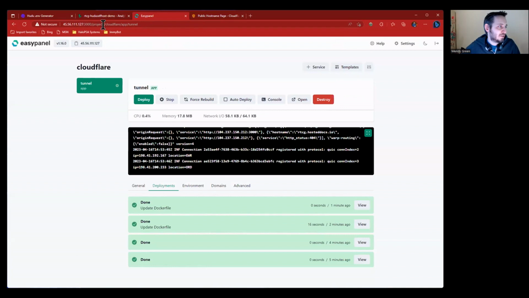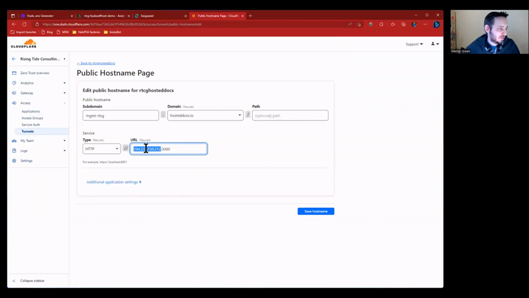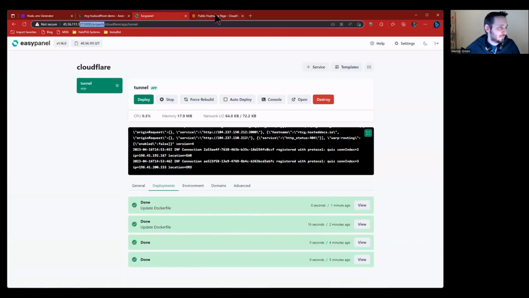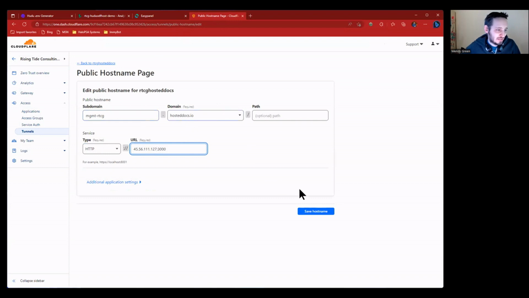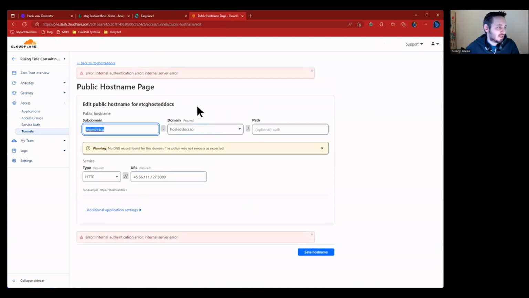Now, if you notice, EasyPanel is using port 3000 to manage the platform. I'm going to go ahead and change this IP address to equal the IP address of this EasyPanel. And I'm going to continue using the same host names we've already been using. So I'm just updating my demo host names that I've tested in the past. I'm doing it on the video, pointing to the new IP address. So now this host name, hosteddocs.io,